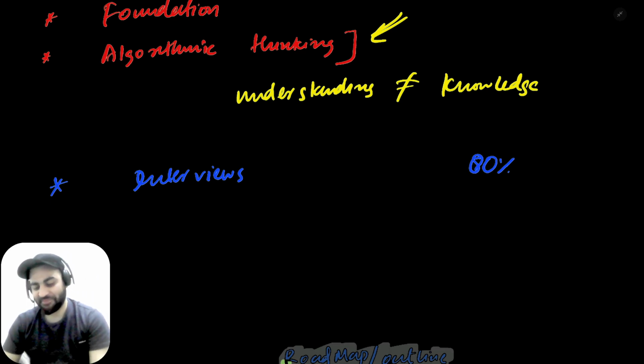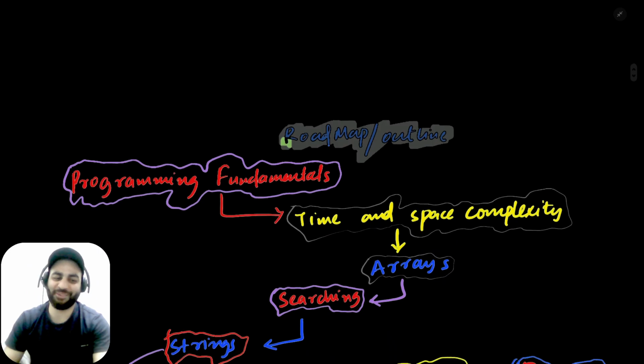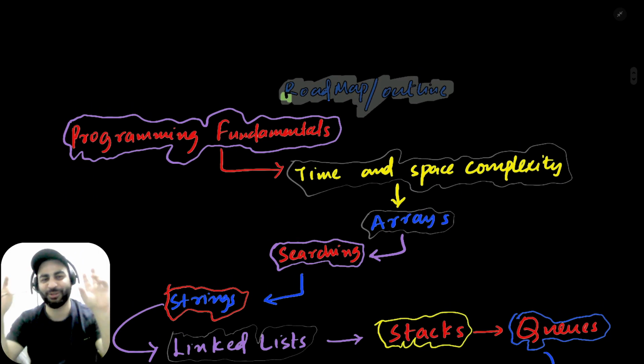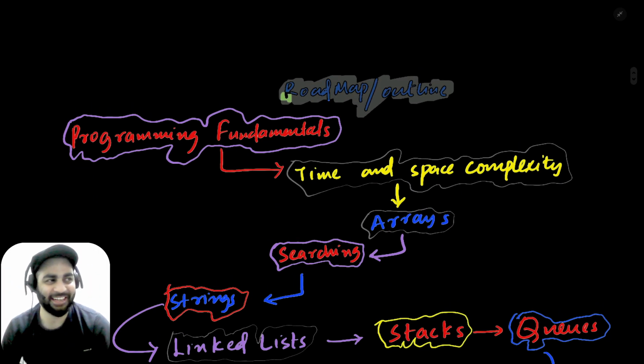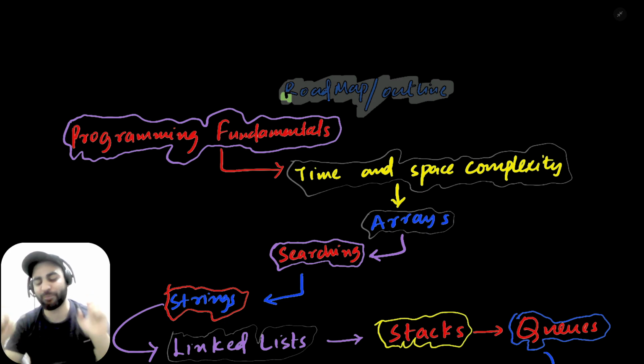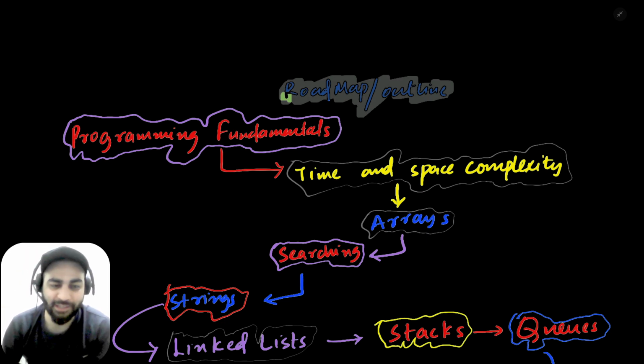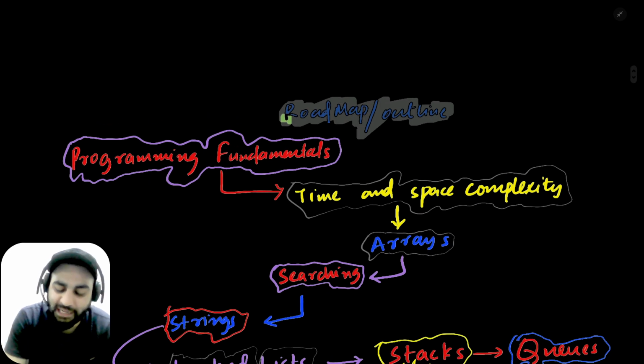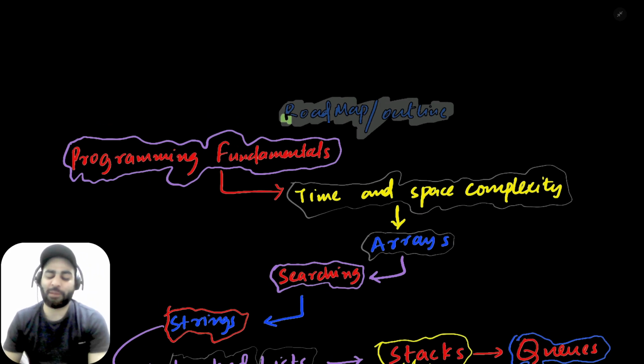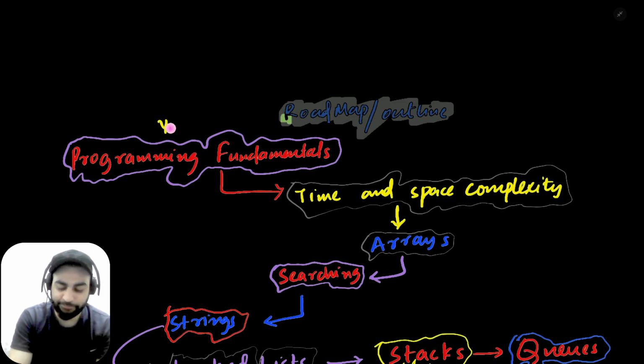Nice. Okay. The buzzword that the YouTube community is using is roadmaps. Again, leveraging the term, I'll say the roadmap or the outline that I'll be using to teach you these data science algorithms. So the first thing that I would like is programming fundamentals. This I'll assume you know.